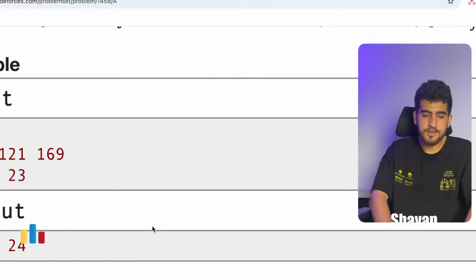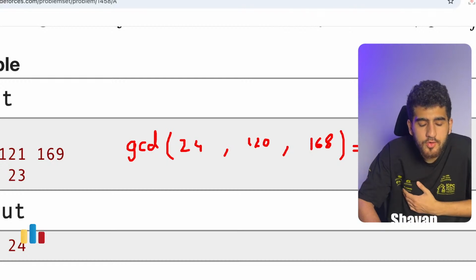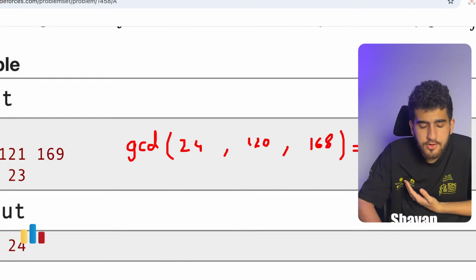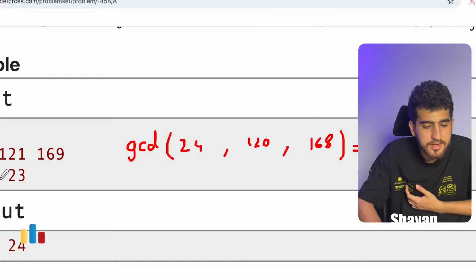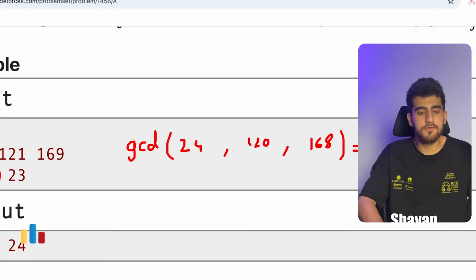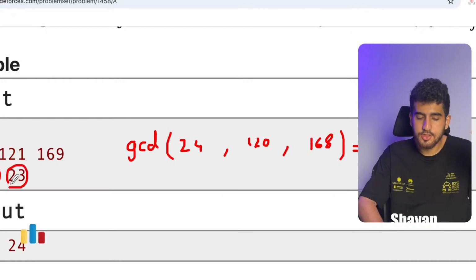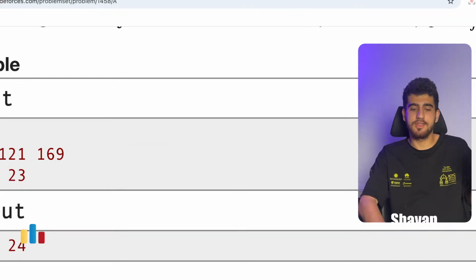For example, in here, this GCD is 24. First, you have 1, so you only calculate GCD of 1 plus 1, so it's going to be 2, and 24, so it's going to be 2. Then you're adding 2, so you're just going to calculate GCD of 1 plus 2 and 24, it is 3. Then you're adding 7, so you calculate GCD of 1 plus 7 and 24, it is 8. Then you're adding 23, so you're calculating GCD of 1 plus 23 and 24, so it's going to be 24. And this way, everything will be calculated.